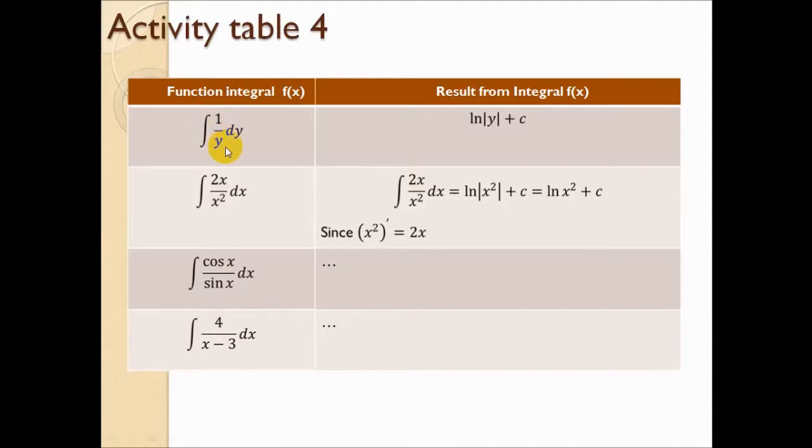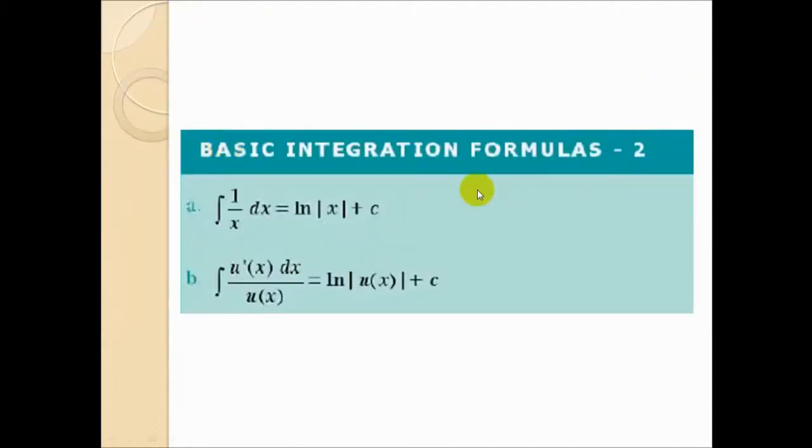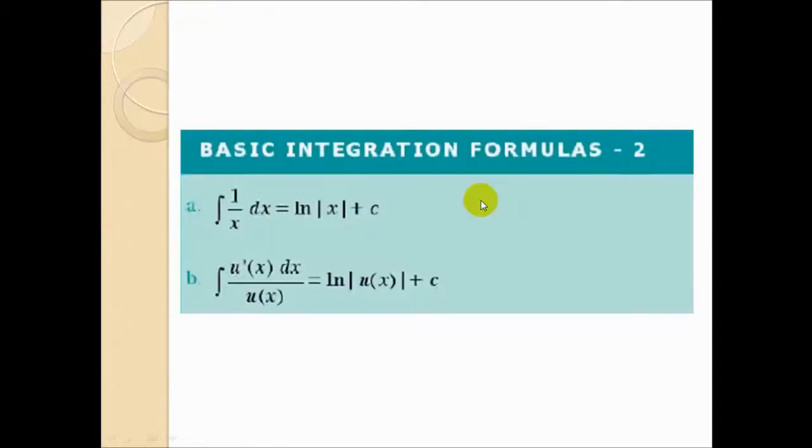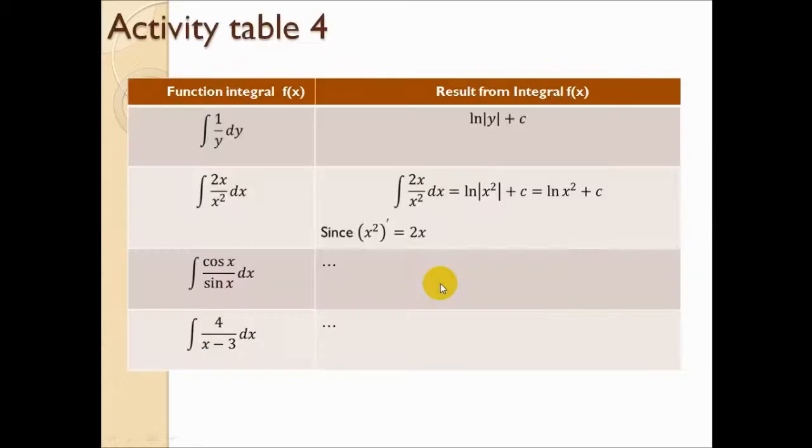This 1 over y. Because previously we know that the integral of 1 over x is ln x, we can get ln absolute y plus c. Don't forget to put plus c here for all of the integrals, okay? And then the integral of 2x over x squared plus something dx. We know that 2x is the derivative of x squared, right? So using the basic integration formula in this section, we get ln u(x), right? So from here we can get ln absolute x squared plus c,